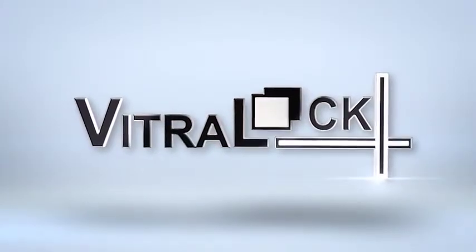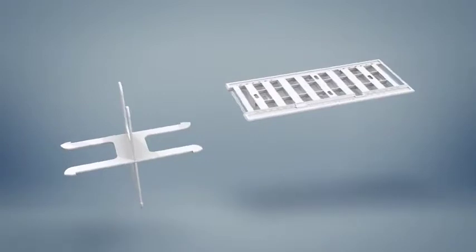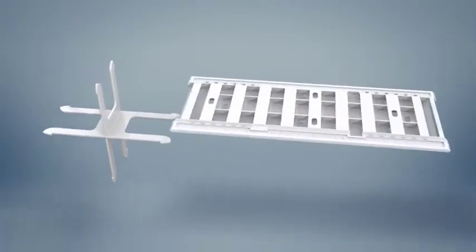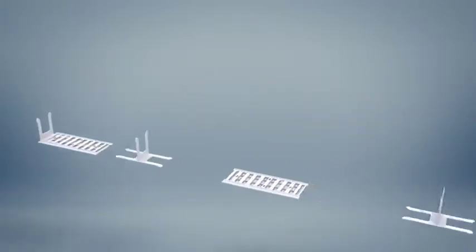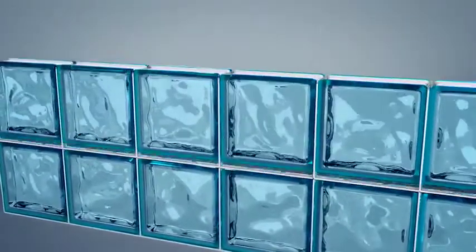With Vitrolock, you can build glass blocks, walls, and structures in a simple, fast, and cheap way. Vitrolock is composed of two plastic elements, a spacer and a connector. By fixing the connector to the spacer, you obtain a plastic grid on which you can easily position the glass